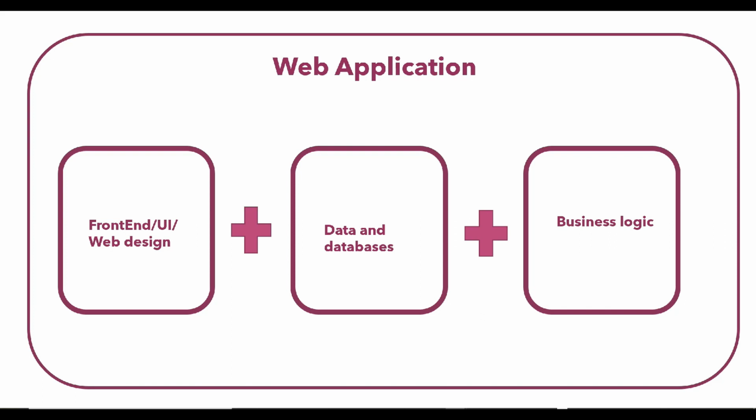Now let's see, if you are going to design a web application and you want to provide a blueprint of it, there are three major components involved. The first one is your front end, or what you call UI, your web design. That is your first component. Second, nowadays with every application, whether it's a static or dynamic web application, you must be having some data and databases. So the second thing is your database. And third is your logic, your business logic.